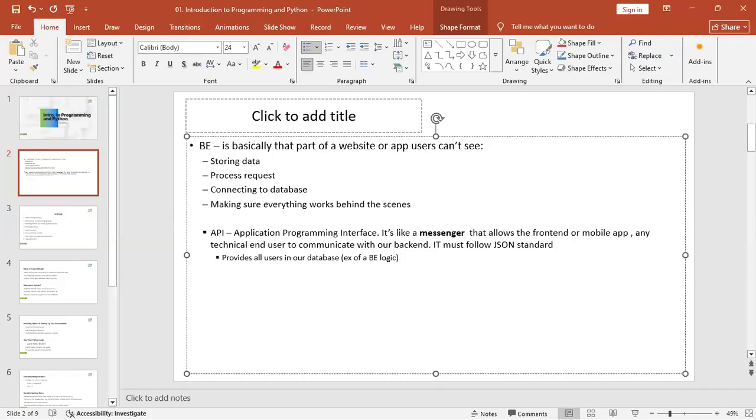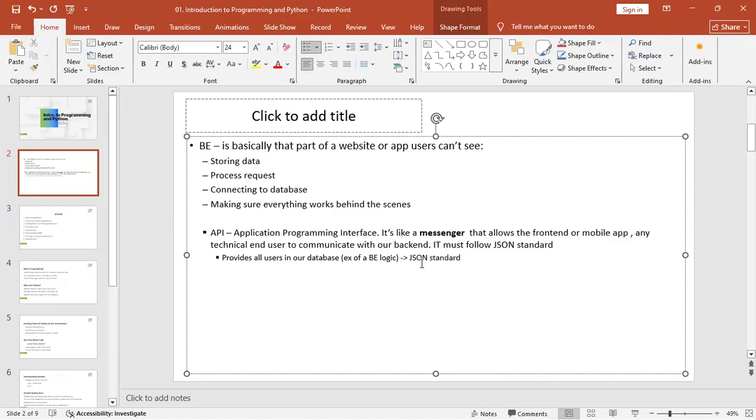And since it must return these users, it needs to return them in a JSON standard,